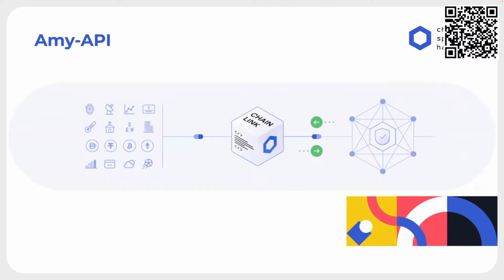So before we can talk about adapters, let's do a quick recap on Chainlink's Any API functionality, right? So for those who may not know, Chainlink Any API gives smart contracts the ability to reach out to APIs from a smart contract, right? And it basically does this using what's called the request-response model, where a smart contract will make a request to a Chainlink node or nodes